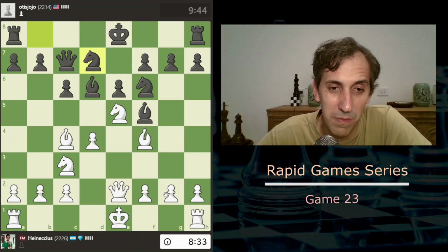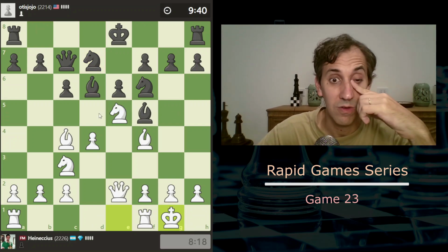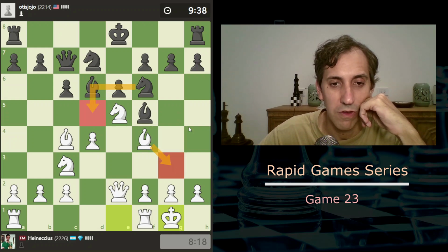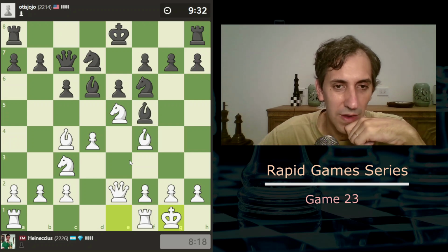I'm tempted to play bishop g3, though. It's kind of a lazy move. I'd prefer to play something else, honestly. I don't know if I can castle queenside, but it looks way too much. So I will just castle kingside. For the time being, this is protected enough, I guess. Though he has knight d5 here, I will play bishop g3. And he can double my pawns, but I don't know if that's...